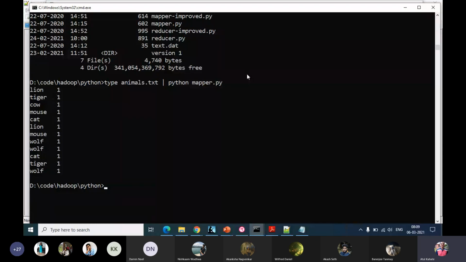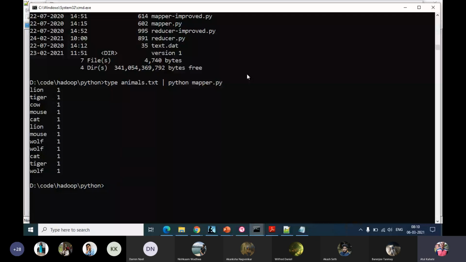Let's say we have another example where we want to find out which student has obtained maximum marks in a particular subject. So our data may be students' PRN number and, let's say, marks. We pass that data to the mapper program. Mapper program will simply output the student's PRN number and the marks. It will do no other processing. And then it will hand this over to the reducer code. The reducer code will have the logic to find out which is the maximum.